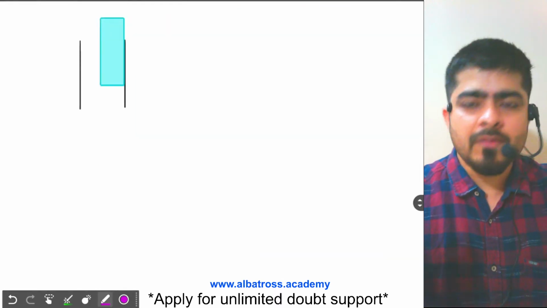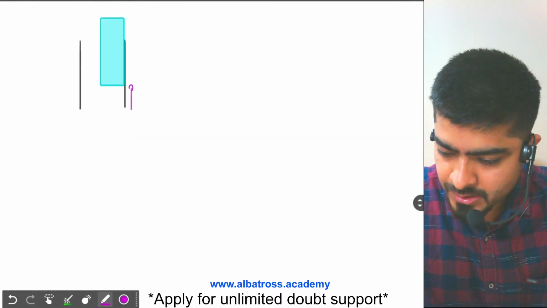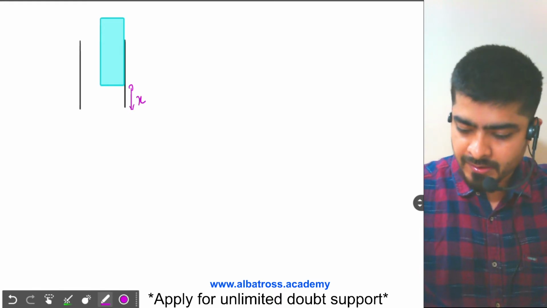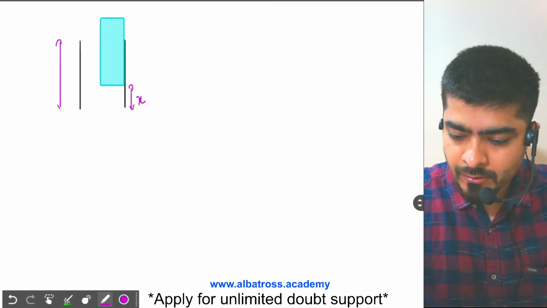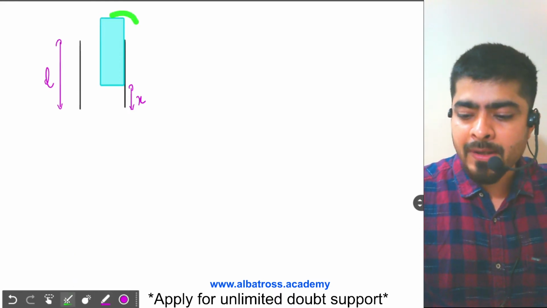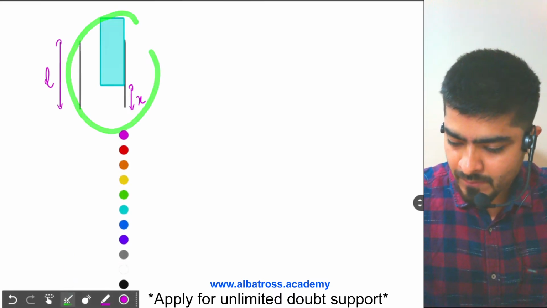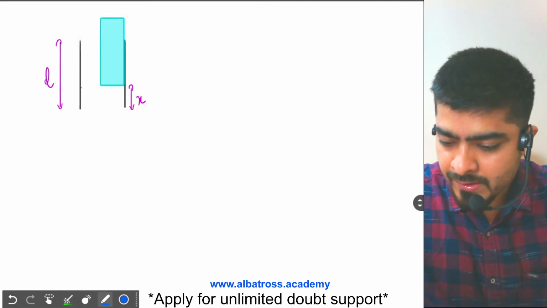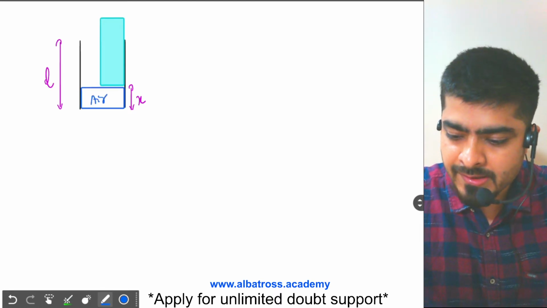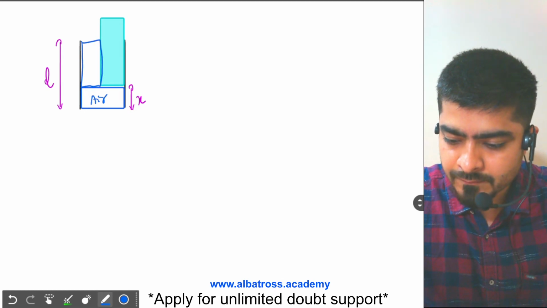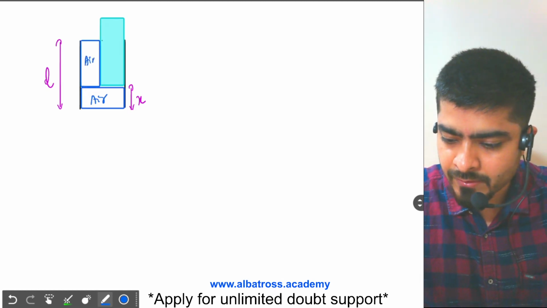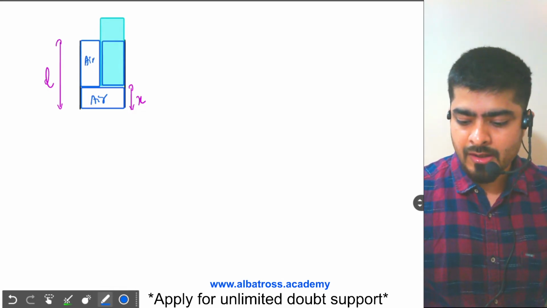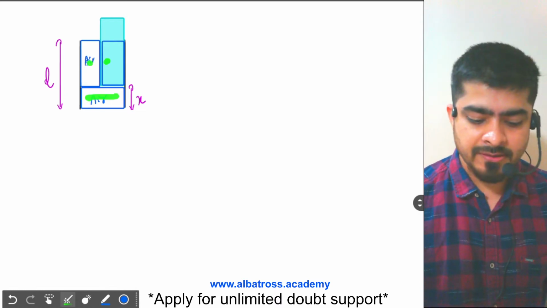So I'm looking at the capacitor from the side view. The mica sheet is already x distance out of the capacitor, right? While the total length is equal to L. So what is the capacitance in this situation? We could divide the capacitor into three regions. First region will be this one, which contains air. Second region is this one, which again contains air, and finally the third region will be this one, which is your dielectric. So there are three regions in the capacitor.